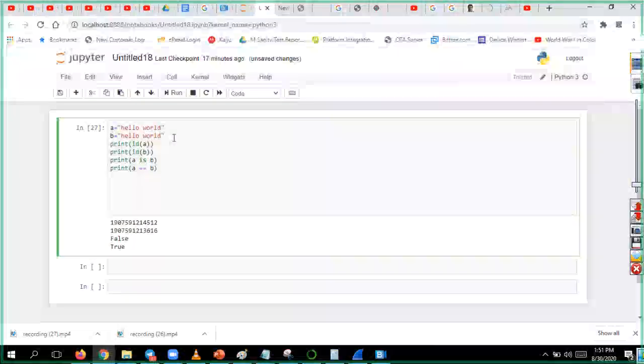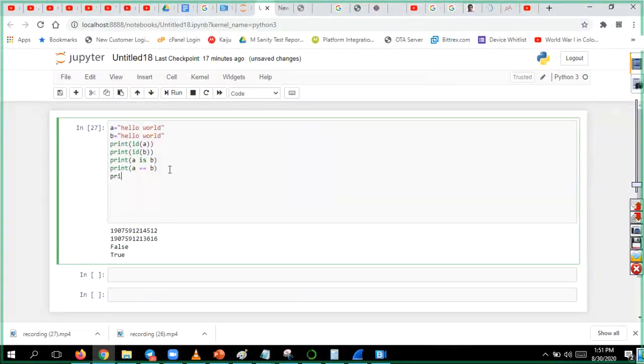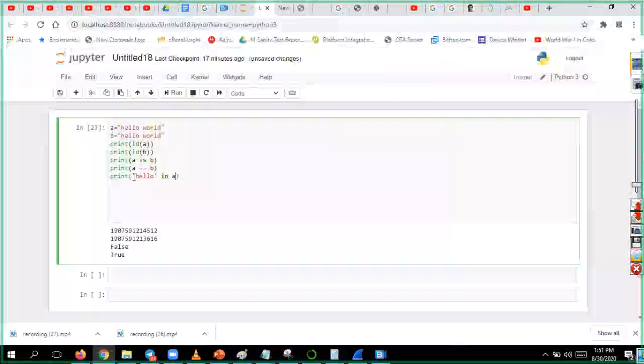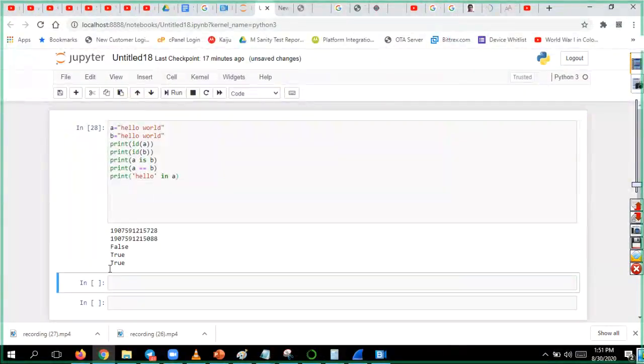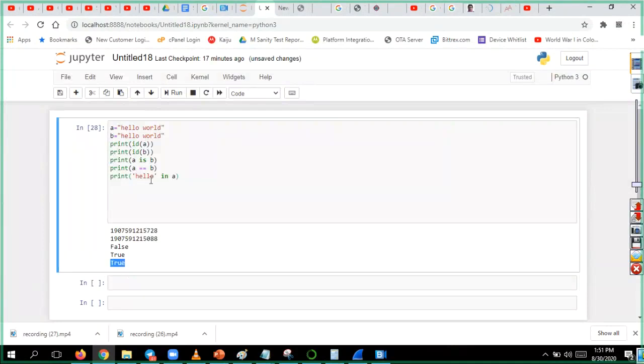Okay, and there is another thing called the membership operator. Print, I want to check whether hello is in A or not. Say hello in A. Let us see what it will return. It will return true because hello is there in A. Let me try whether chalo is there or not.